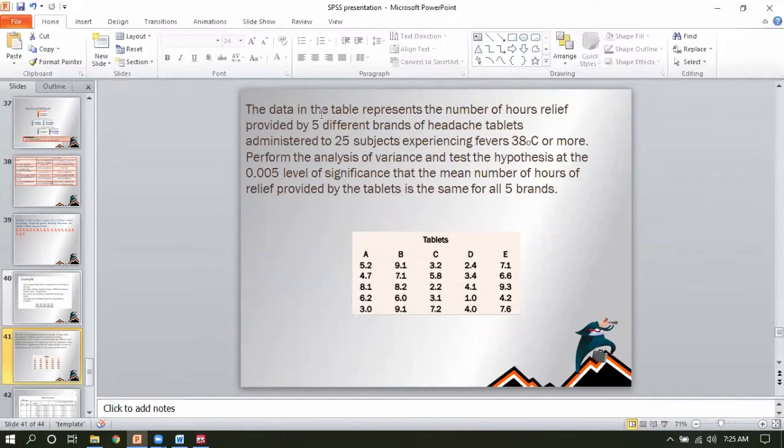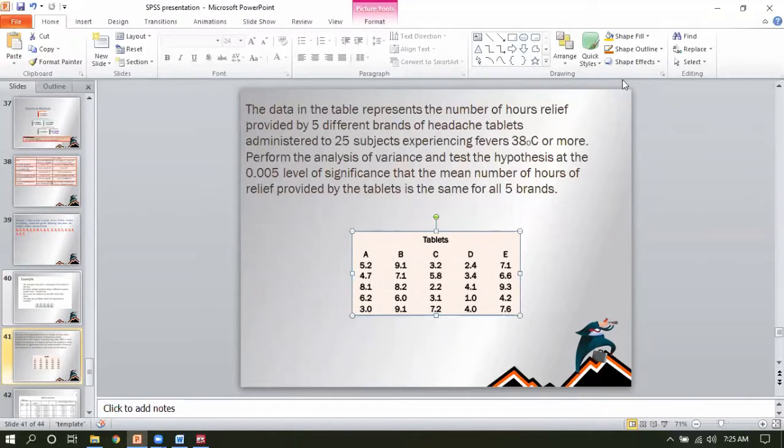Perform the analysis of variation and test the hypothesis at 0.05 level of significance that the mean number of hours of relief provided by the tablet is the same for all brands. So we will check our data according to this example, and this is an example of more than two variables.